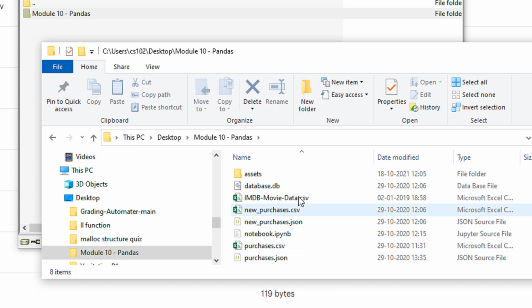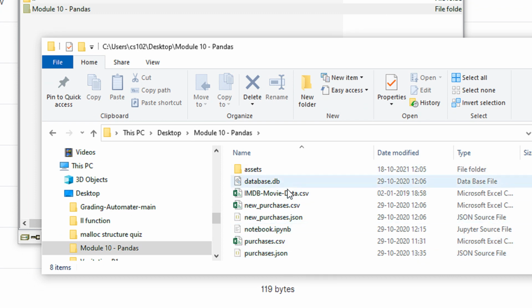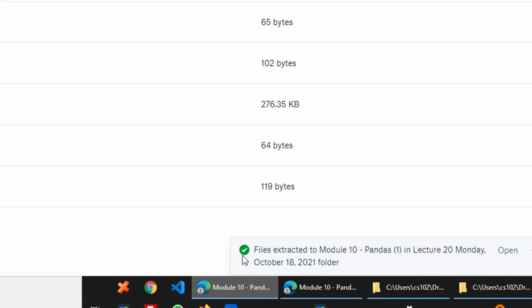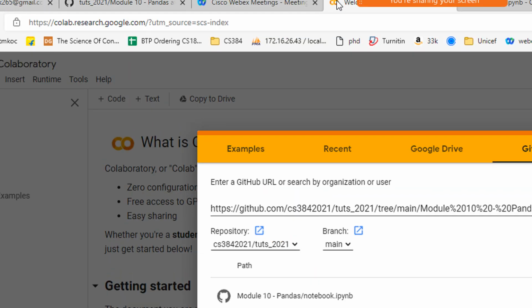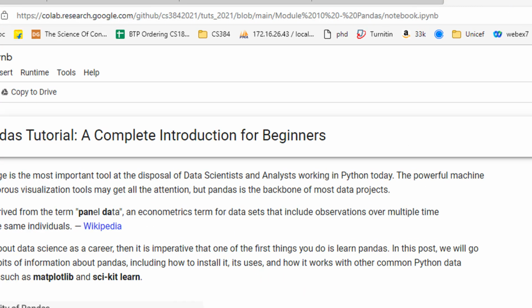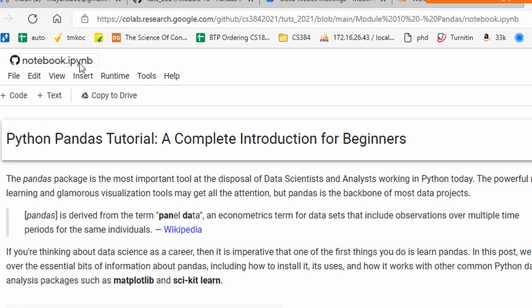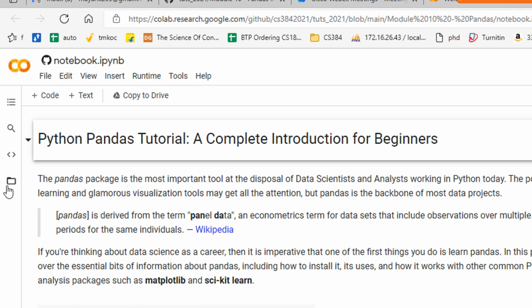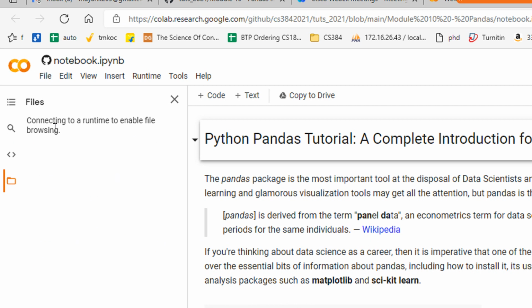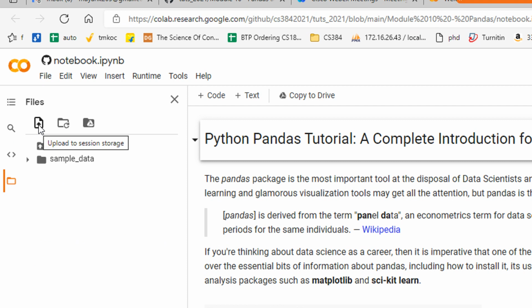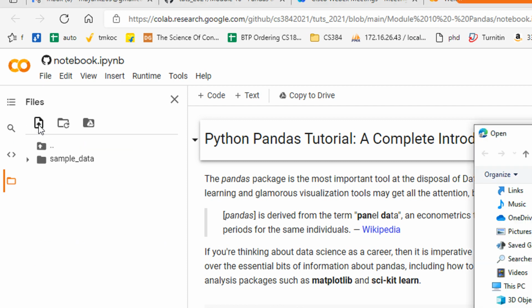Now you need to upload these files to Google Colab. How do you do that? You come back to your Colab window, which is your Python notebook that has been opened. You can write in the chat box if you have any issues. You can see there is a folder icon, the files icon. Just click that, and a tab opens which is files. There is an upload button here, so you click on upload.